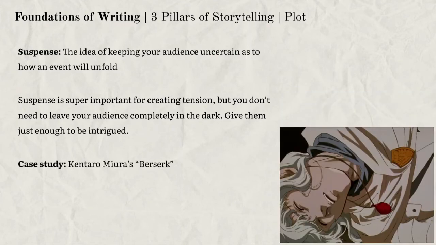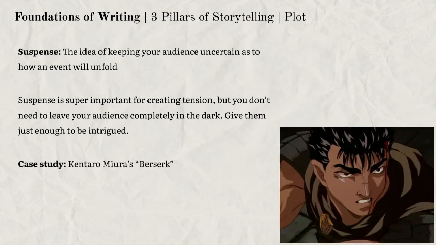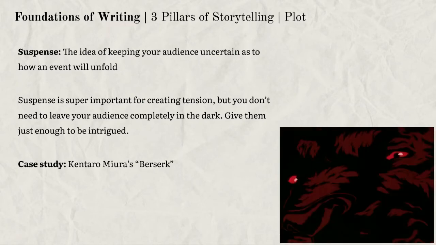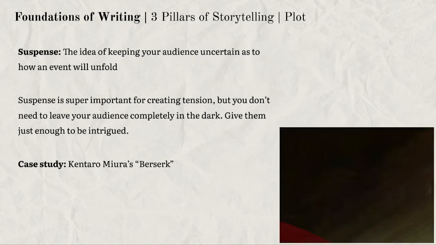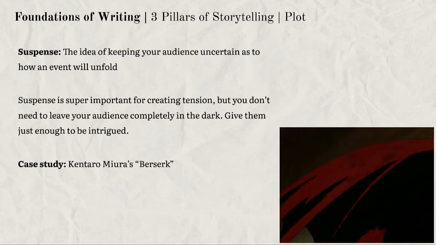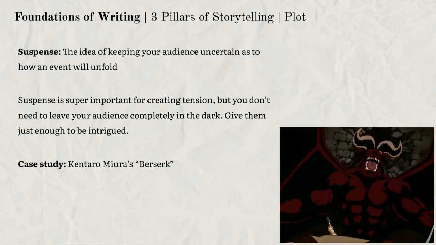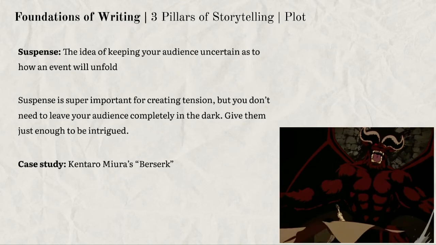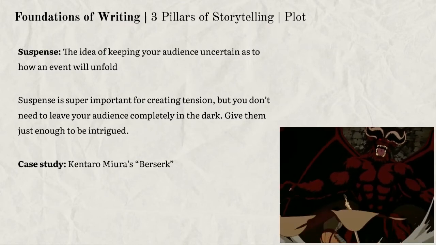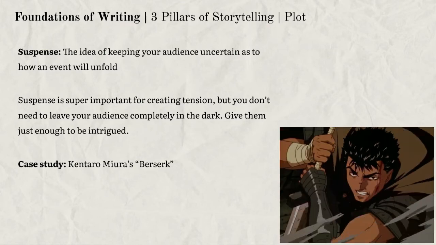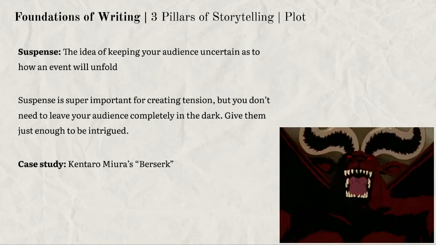For example, in Kentaro Miura's Berserk, we have supernatural characters talk about a mysterious event called the Eclipse that's going to take place sometime in the near future. We, as the audience, have no idea what this eclipse is and what it will mean for our characters, so we're now kept in suspense as to what will happen further down the line. Miura has promised us that this foreboding event will happen, but he has not revealed how it will happen.